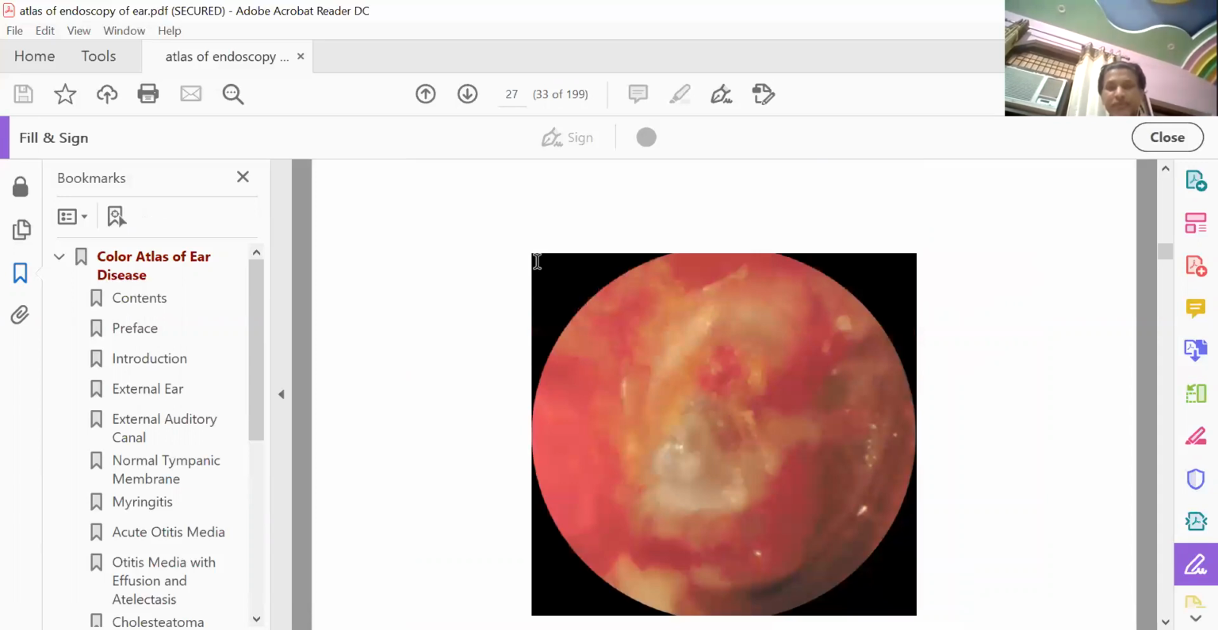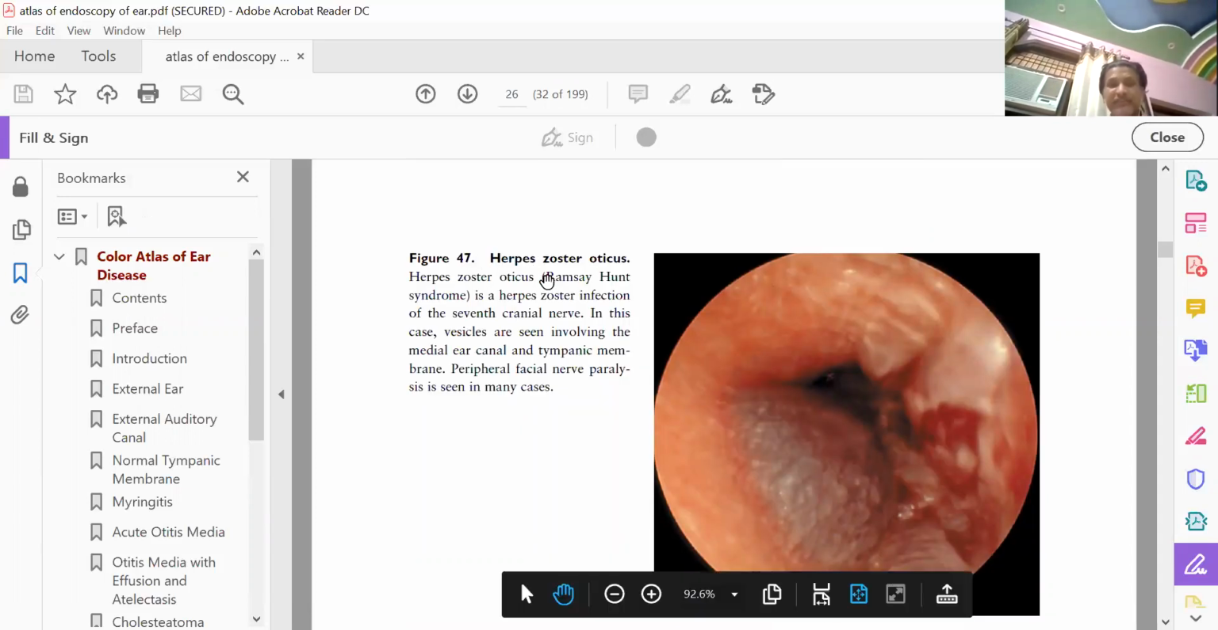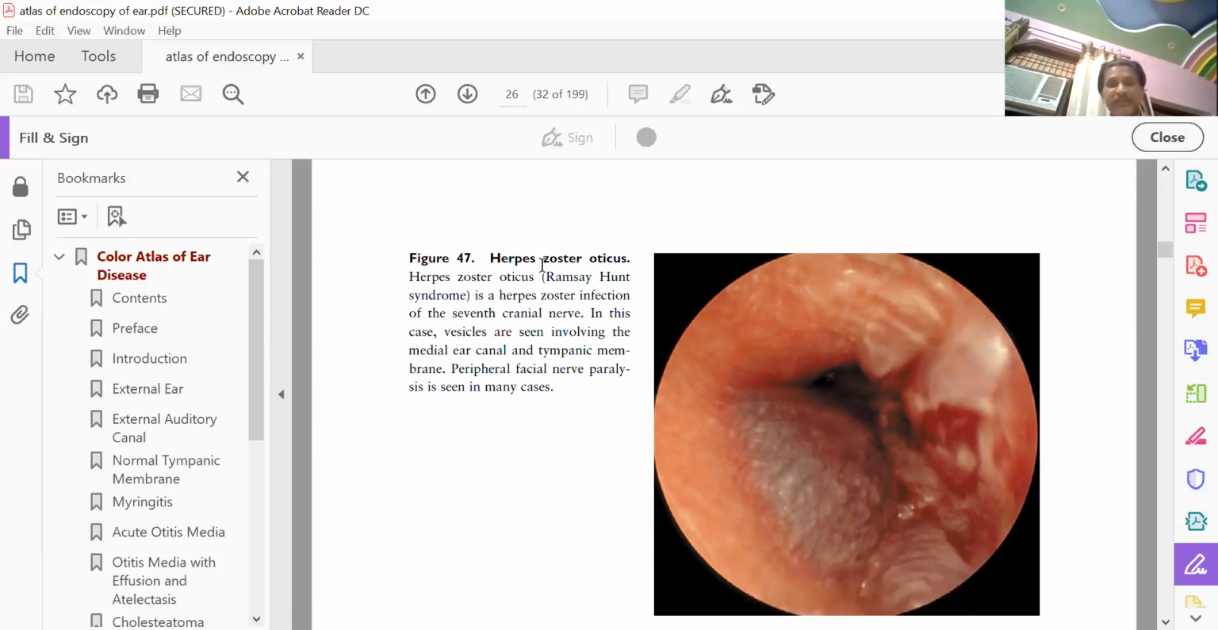Okay, so you can see this is a herpes zoster oticus. We have a simplex infection as well as a herpes zoster infection. Simplex is usually an innocuous one, whereas zoster is a more serious or complicated one. Along with that, you can also have a peripheral facial nerve palsy, because the facial nerve, if you go